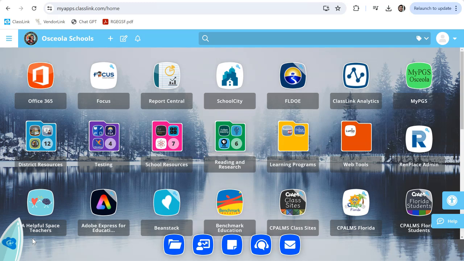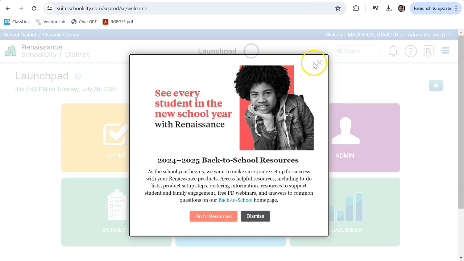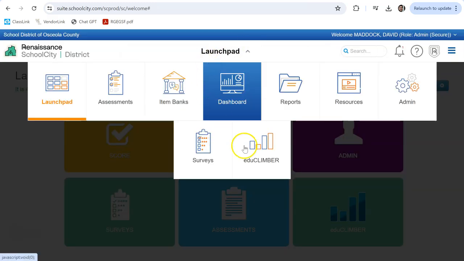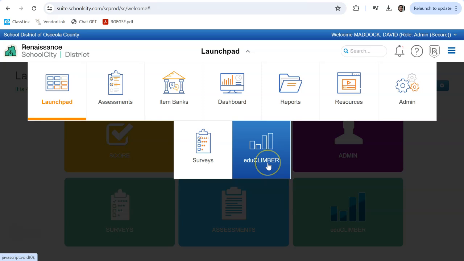with our district ID 2031, the easiest way to get there is from ClassLink to click the School City button. When you click the School City button, as this loads up at the top center of the page, you'll see the word Launchpad. Clicking on the Launchpad will allow you to go to various places within School City, and it will also allow you to click the eduClimber button, which will take you directly into the eduClimber platform. As you can see here, from the Launchpad button, we're going to click the eduClimber button, which will log us